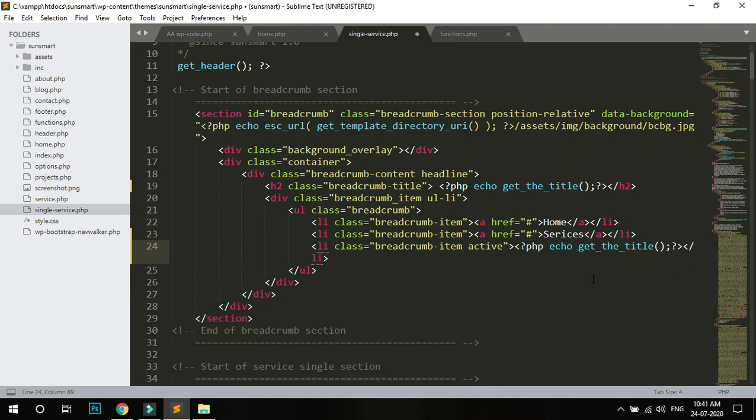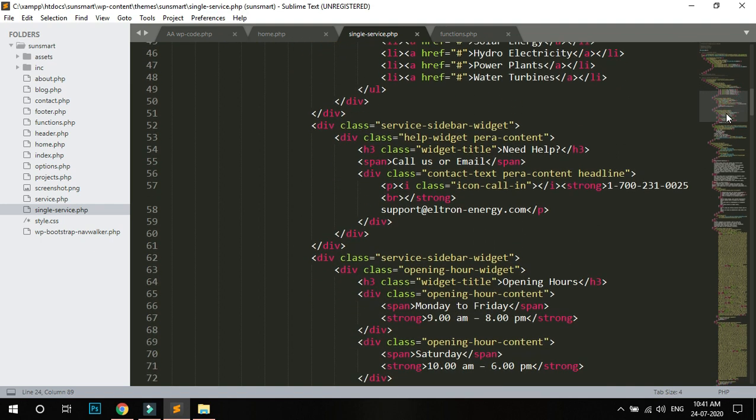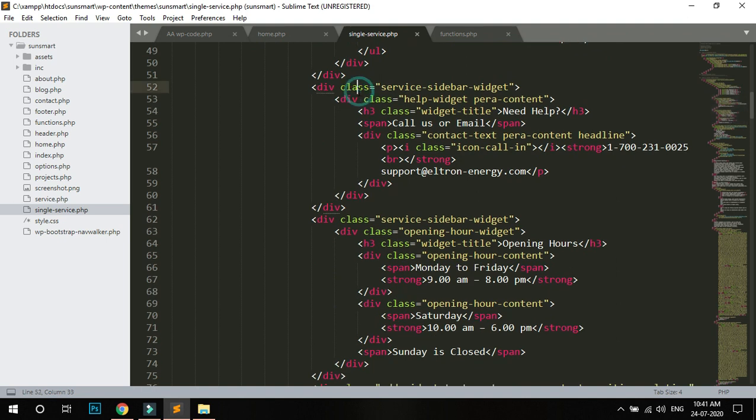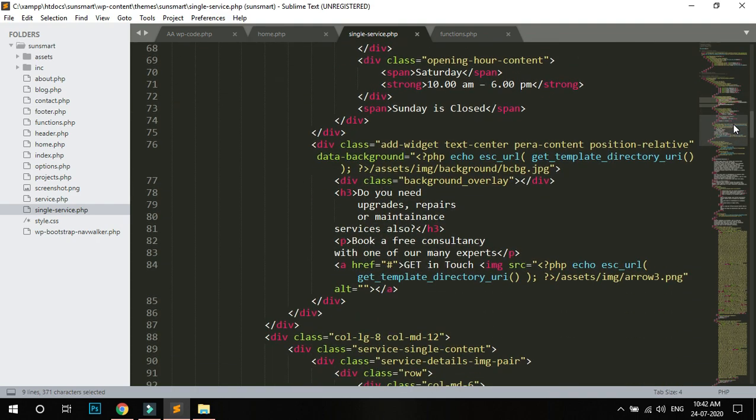Save. And at the bottom, this is the service we offer. I can change this one also, but I don't change it now. I just remove it.